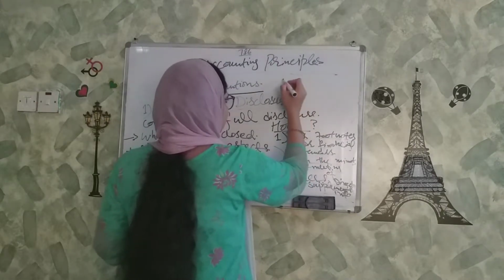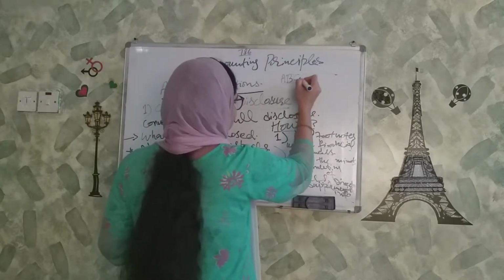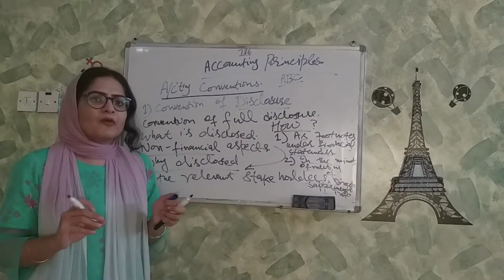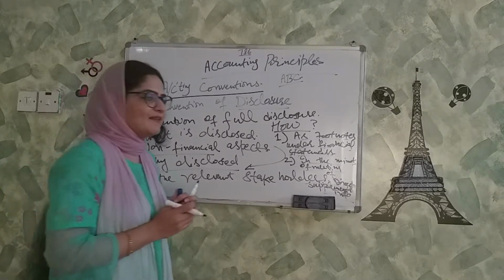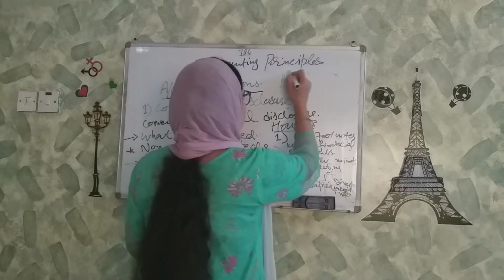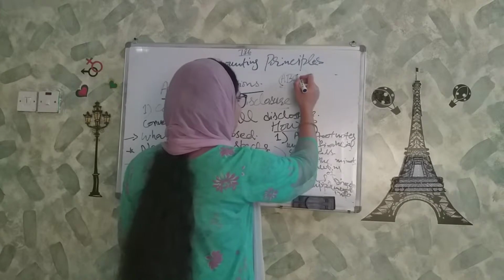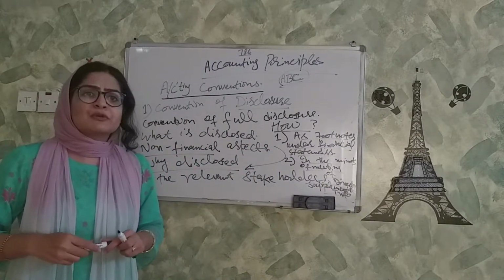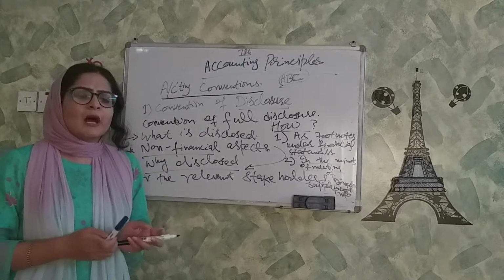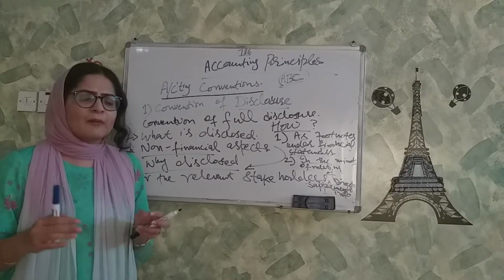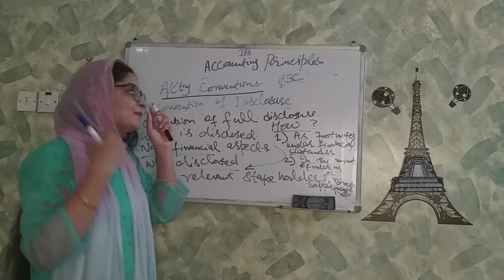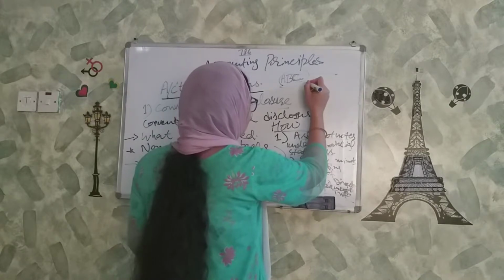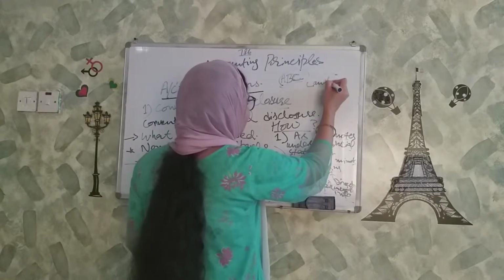Suppose there is a company ABC which has purchased a piece of land for expansion of its business. Later on, the company ABC comes to know that that land is already burdened, and there are also suits going on in the court of law about the possession, basically the legal status, of that piece of land.